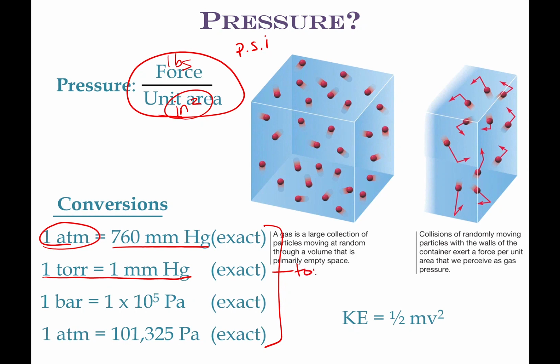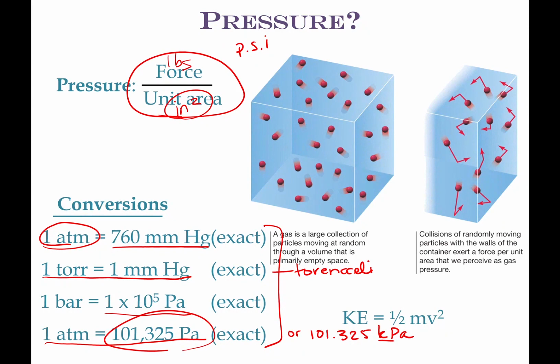This is for Torricelli, who is credited with inventing the barometer. They've named a unit after him to try to give him some credit, and it didn't really pick up and remove the other unit. So now we just have an extra unit. 1 bar is equal to 1 times 10 to the 5th pascals, and 1 atmosphere is equal to 101,325 pascals, or 101.325 kilopascals. So that's just a unit conversion to kilo. Now, this is our SI unit, but this one is actually more common because this is such a large number for what we're at 1 atmosphere.